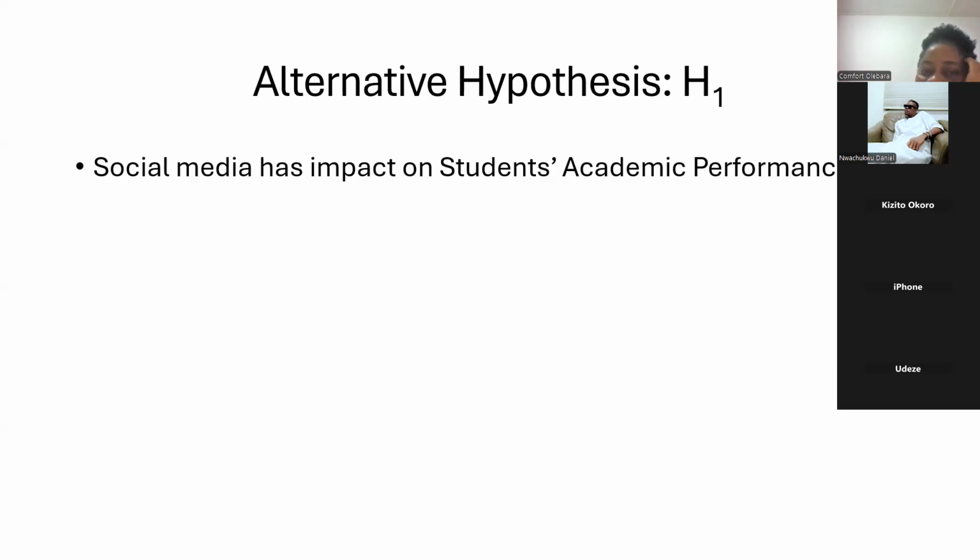So you can just say, I assume, it's an assumption standpoint really, I assume social media has impact on students' academic performance. It is the research and the results that will determine whether that impact is negative. By negative, we mean that while social media activities are increasing, academic performance goes the other way; it will not increase. By positive impact, while this one is increasing, this one is also increasing. Does it make sense?